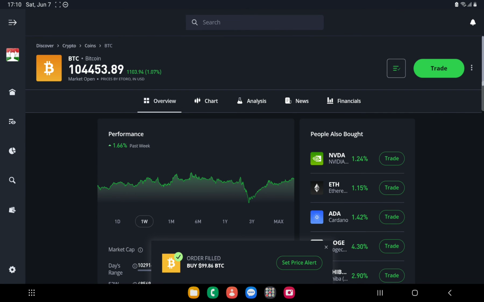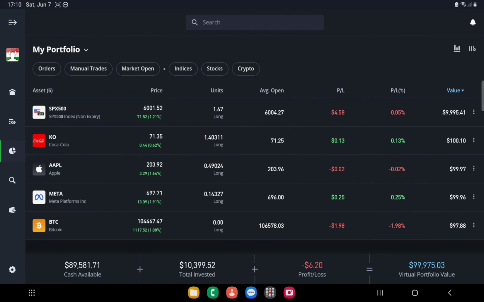Go to your portfolio to check your investment by tapping on the pie chart. Here you can see all of them,